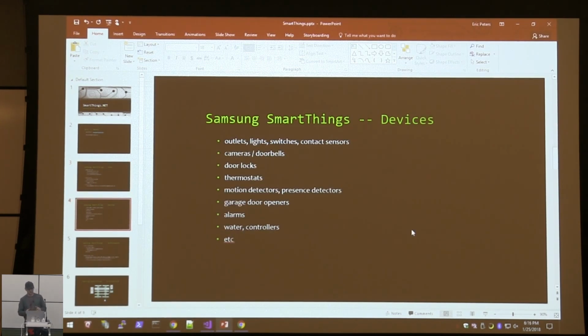As far as devices, there are a million SmartThings devices, and I don't remember what it was. I looked up the numbers of the Christmas sales. It's something like 18 million smart hubs between Samsung and Google were sold over Christmas alone. Everybody's buying and selling these devices right now. I brought in a few just to show, but